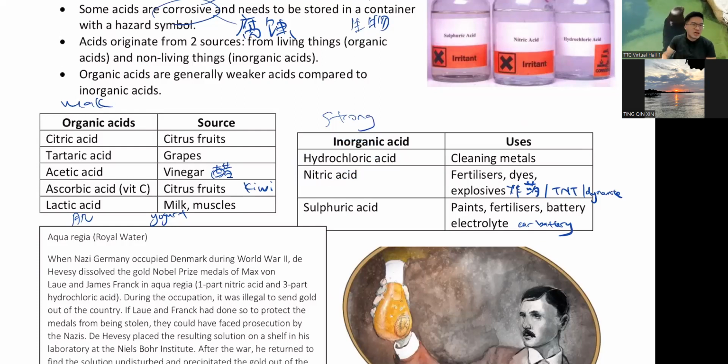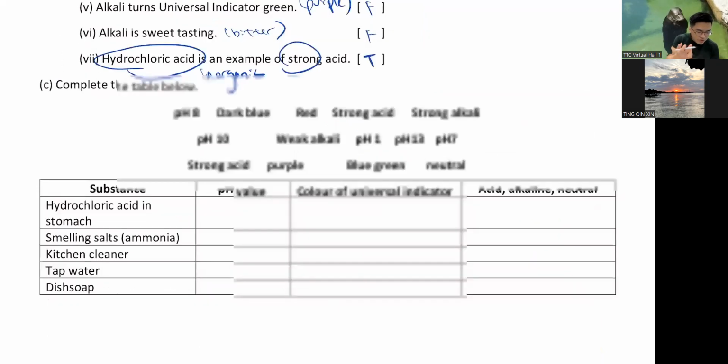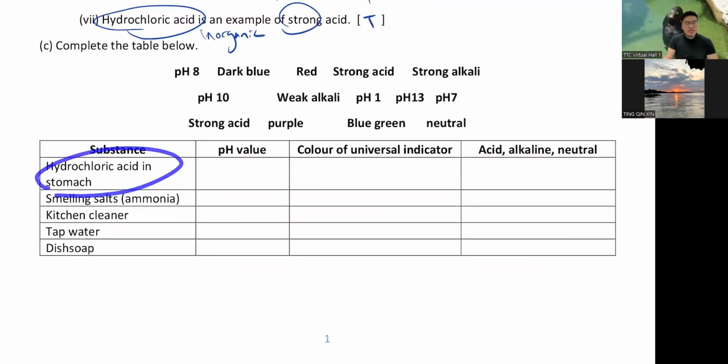So if you do this, your stomach acid will be not healthy, then you will get gastric. So that's actually a strong acid in your stomach. All right, this is to sort of like a protection. 你的肚子的胃酸是拿来保护你的，just in case 你吃到很肮脏的东西，所以它就帮你 kill 掉那些 germs 咯。